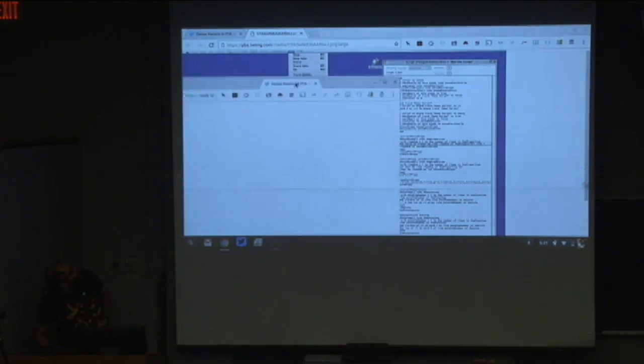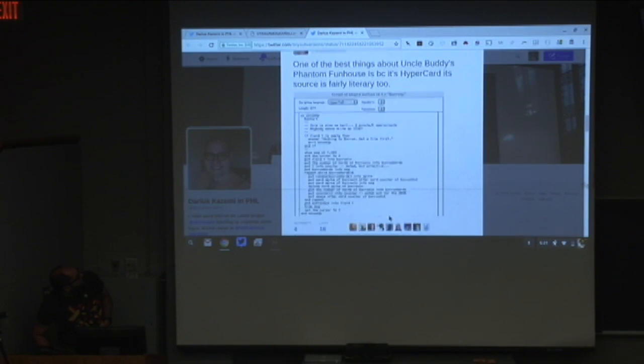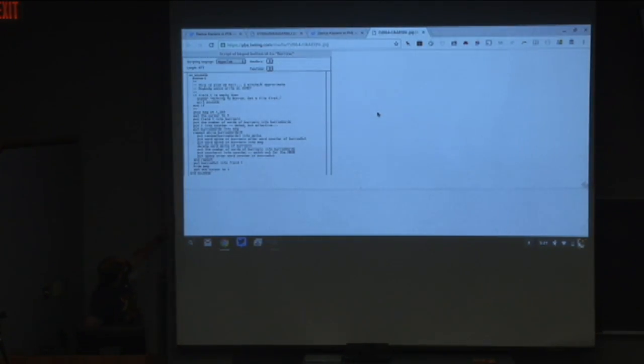HyperCard uses a language called HyperTalk. It's a very literary programming language. So the source code is from a little piece of code that does a William Burroughs style cut-up of any source text. So you give it a bunch of text, and this is from the Funhouse. And what this does is you give it 100 words and it basically shuffles them around, more or